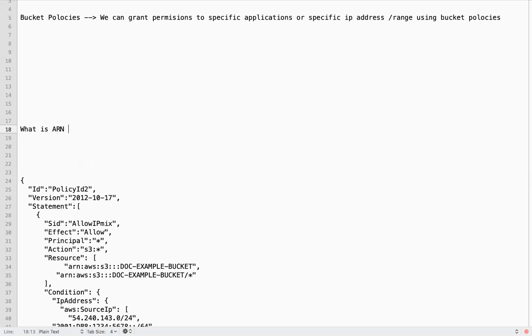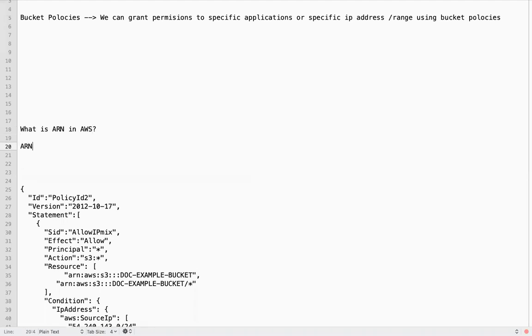You may have a question something like this: what is ARN in AWS? ARN is basically Amazon Resource Name. Each AWS resource will have a unique ARN.